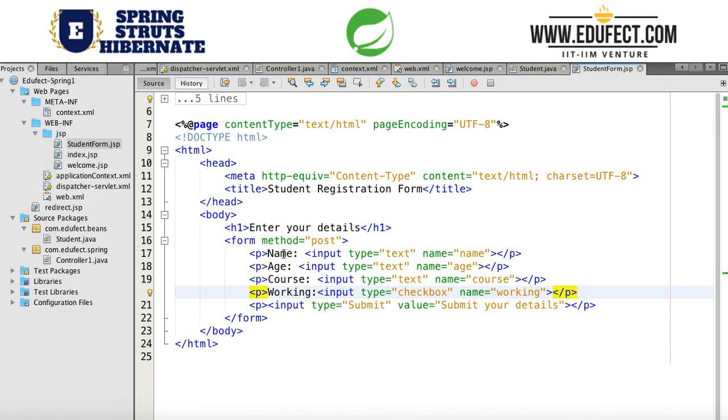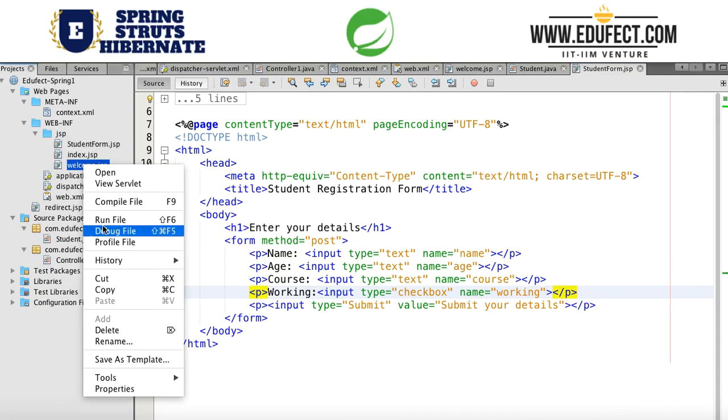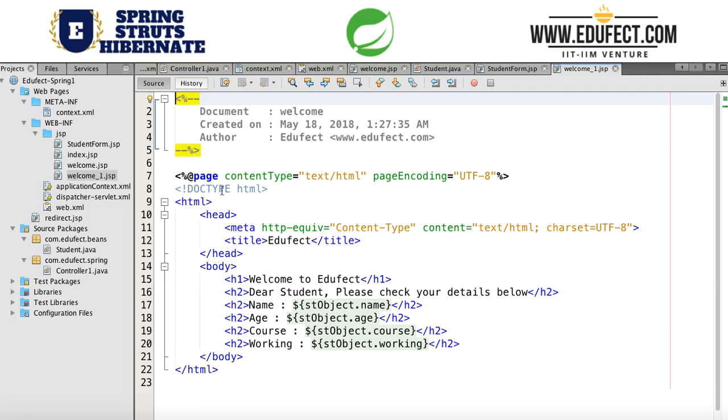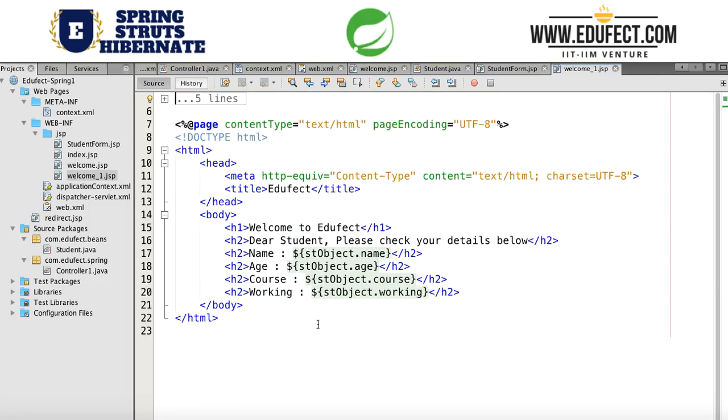Now, because we need two different kinds of views in this case, one view would be where that link is displayed, and one view would be where that link is not displayed. So the easiest way to do it is we'll just make a copy of welcome.jsp. Let us just copy it and paste it. So we've gotten welcome1.jsp, and this welcome1.jsp is identical to welcome.jsp. And let us just make this change in welcome.jsp, and we will add, say,